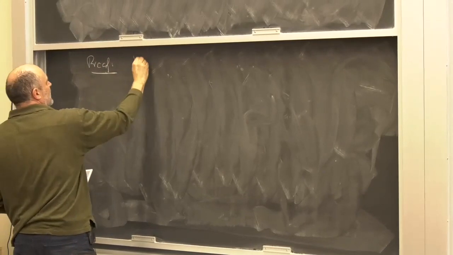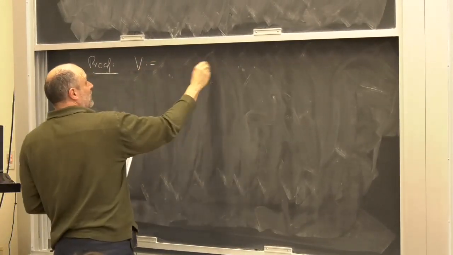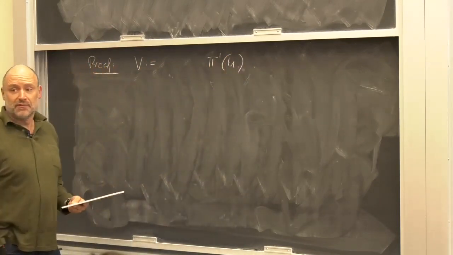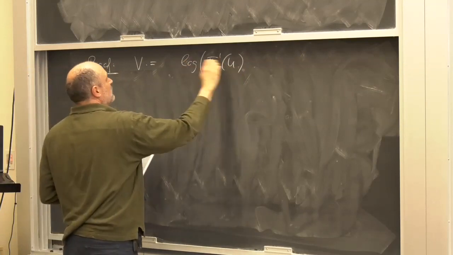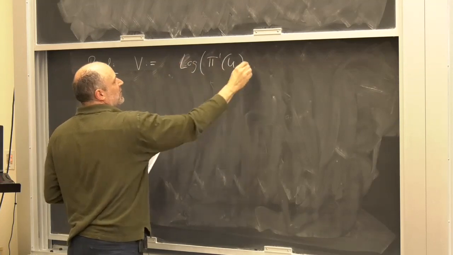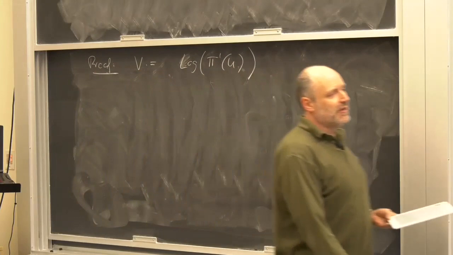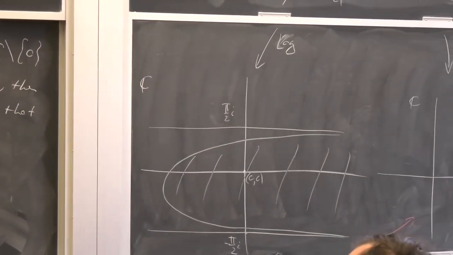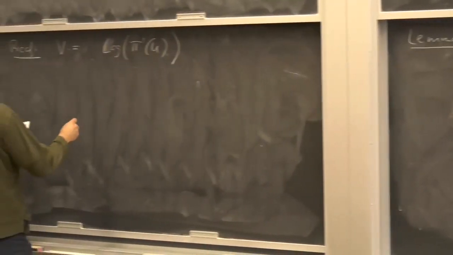So I'm going to look at the set E, which is I'm going to take pi inverse of U, which I know is simply connected by assumption, and then take its image in the logarithmic chart of the Riemann surface. So now I have a simply connected subset of the complex plane here. So on this simply connected set of the complex plane,